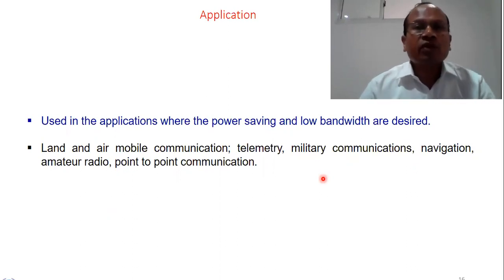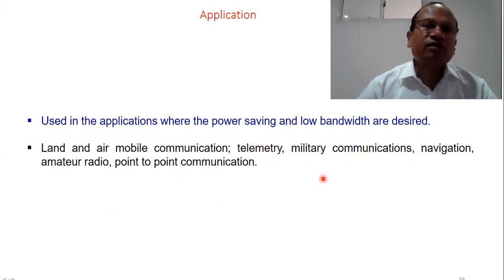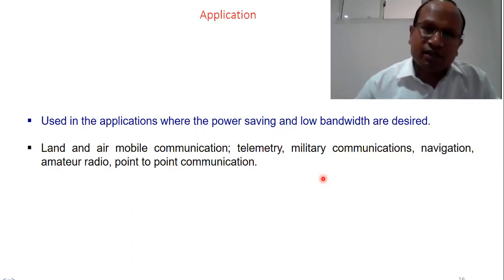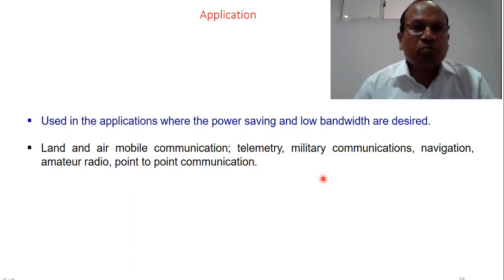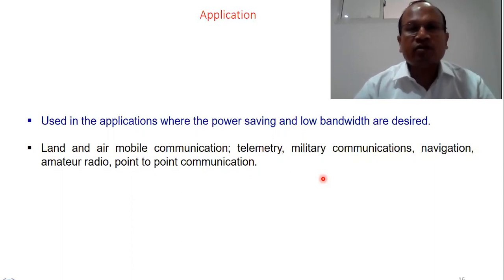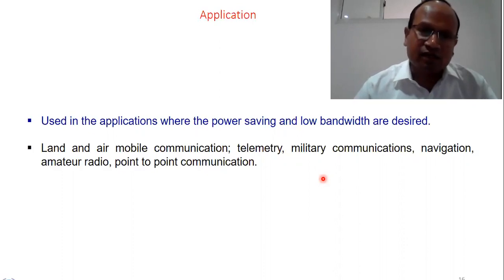So before we end, let's sum up this lecture. This lecture is all about generation of SSB signal, and after discussion on generating the signal, we have discussed the advantages and disadvantages mainly. There are two important methods to generate SSB, the filtering method and the phasing method. In the filtering method, we use a balanced modulator which generates DSBSC. Once we get DSBSC, we pass it through a filter. One of the sidebands is rejected and the other sideband is allowed, and then we get a single sideband.